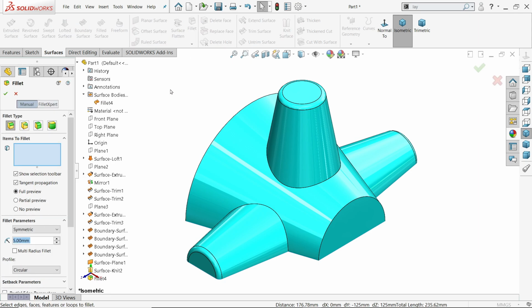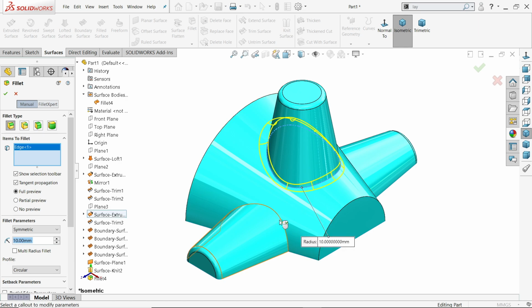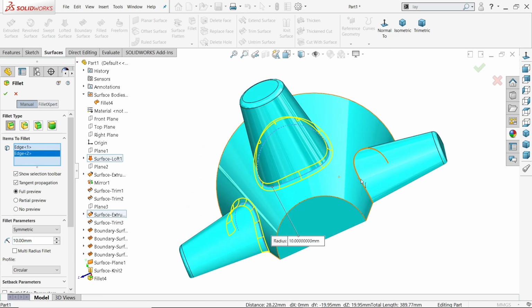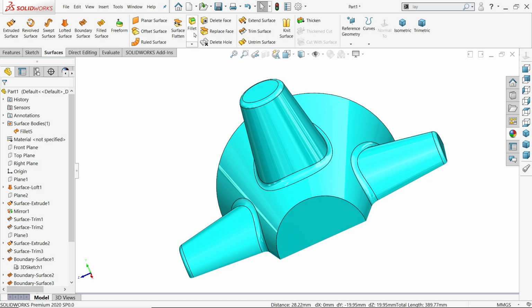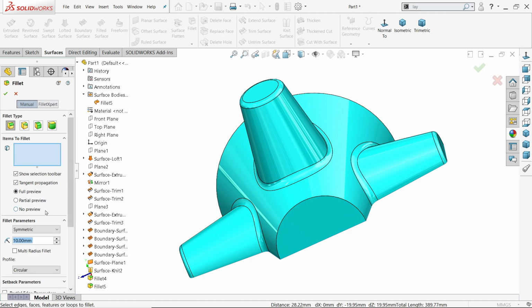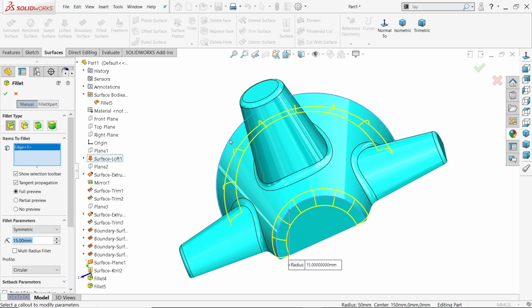Again activate fillet, this time 10 millimeter, and this inside edges, see all selected. Constant size fillet, activate for the last time 15 millimeter, select this end and another end,